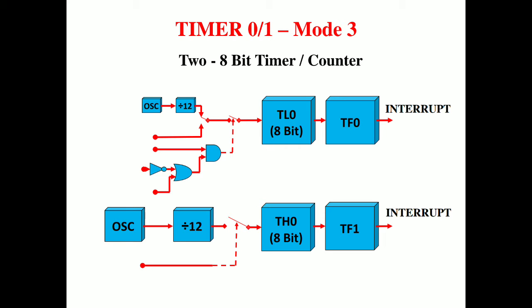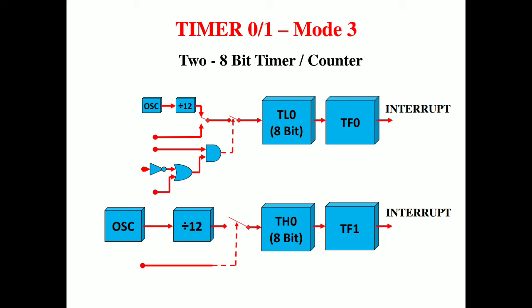So these number of bits are transmitted per second, and they are defined in the uncontrolled timer. Here it does not require us to start or stop the timer, as these bits are utilized by timer 0, that is TH0. So when we want to use timer 1, we are able to use it in serial communication protocols.